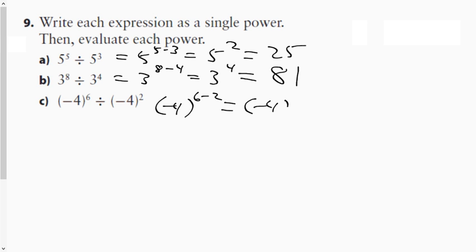Negative 4 to the exponent of 4. 4 times 4 is 16. 16 times 16 is 256. Will that be a positive or negative? Negative. If I wrote the question like this